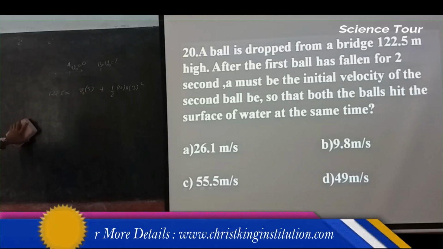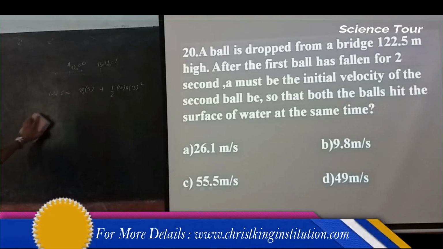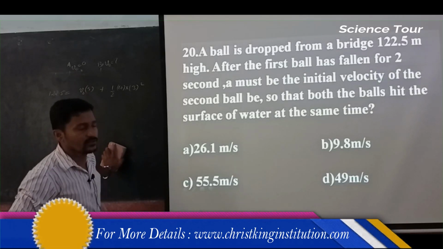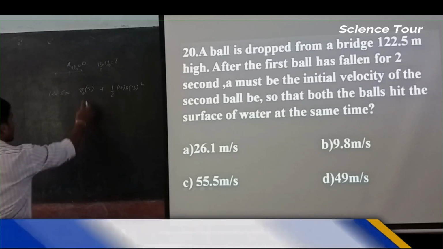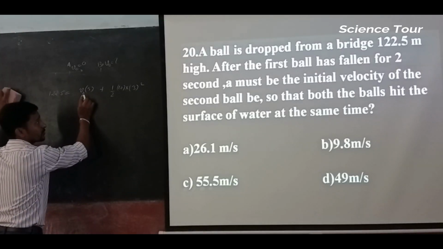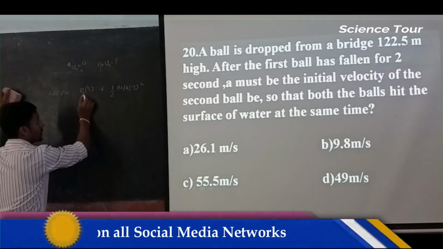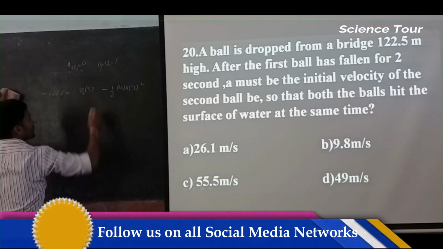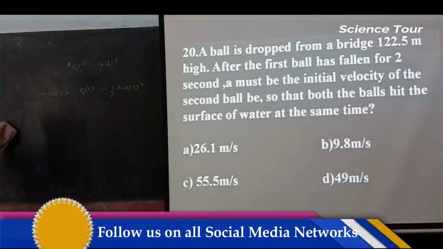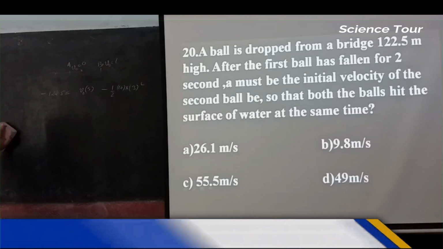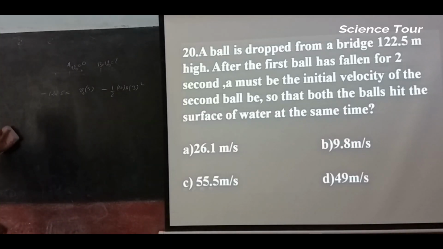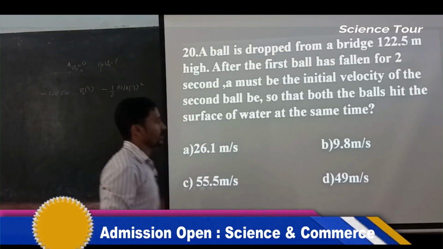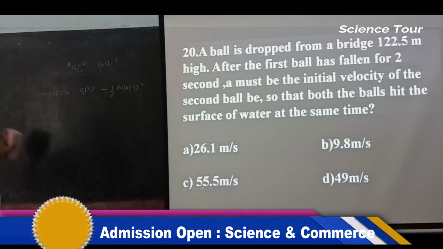Now the question is whether to put the sign. No, I have to find out v, so I am not going to put any sign here. But displacement downward is negative, g is also negative. I can put it like this, and velocity has to come negative because it is going downward. But it doesn't matter for us, it is sufficient if you just write it down.